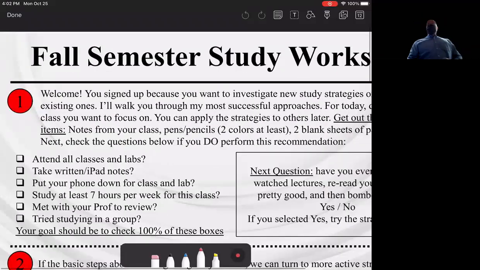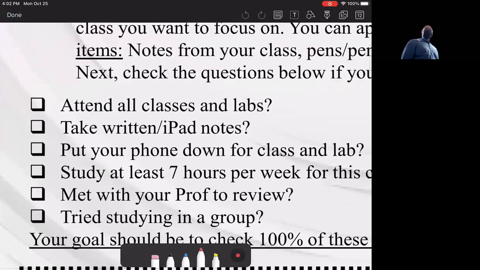So easy enough. I'm a prof. We're going to yell at you first off right here. I don't think that if you're at this, you're really not checking any of these off. You wouldn't come to this if this was the problem, right? So in any case, you're attending all the labs, you do take notes. Do try and put your phone down. I'm as bad as everybody else about doing the phone, but in class, I promise things will not come across quite as well. The brain's very bad at shifting focus back and forth as much as I or anybody else would want it to be.